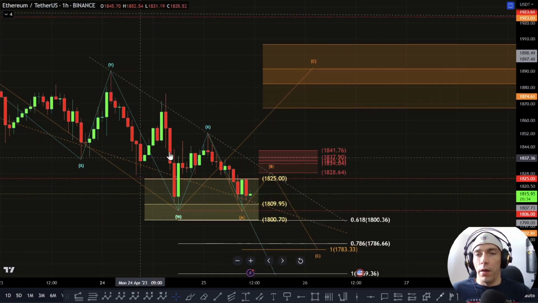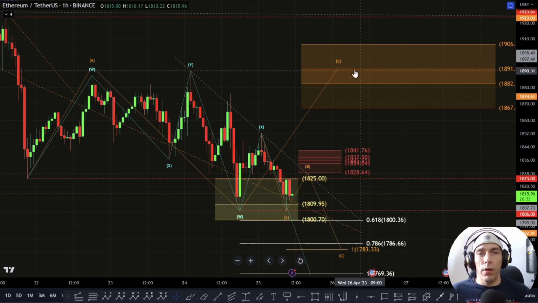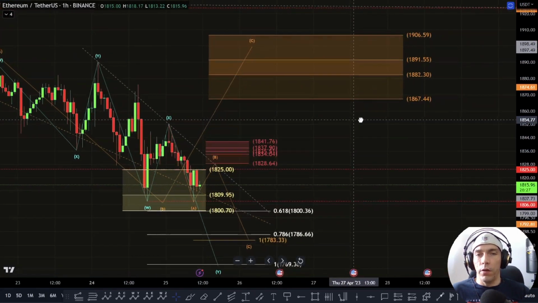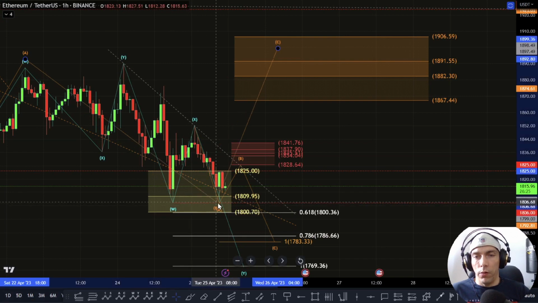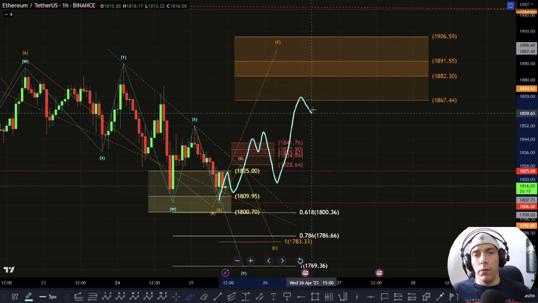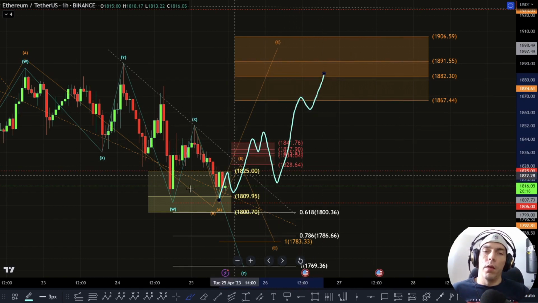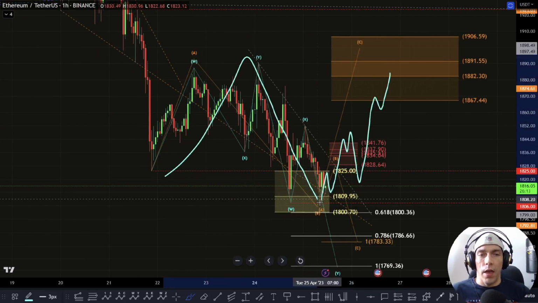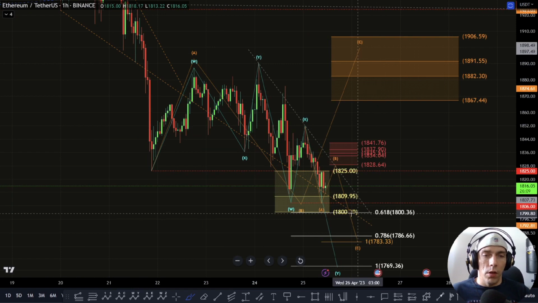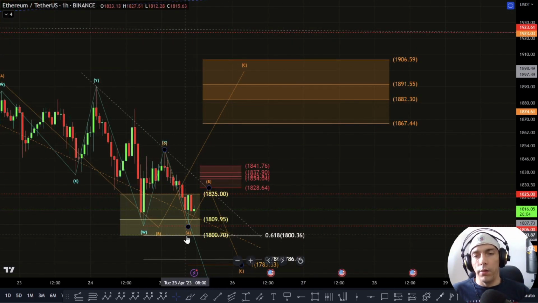level as a B wave, this orange B wave here, basically looking for that possibility of a bigger A, B, and C pattern. So if we do actually start to reverse from this zone, what we could then see is basically we could start to form five-wave structure here, where we form a bigger five-wave move, making this a bigger flat A, B, and C in this area. So if we do hold this zone here of this 1806,